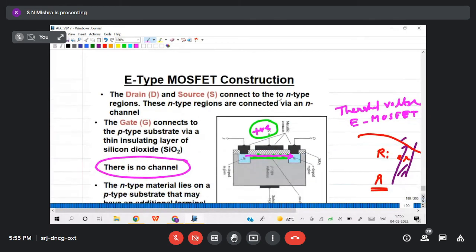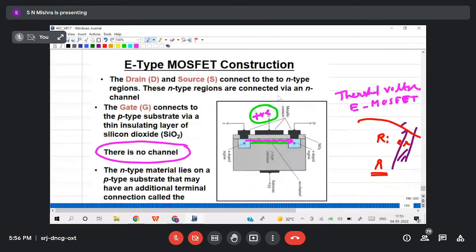How? When I connect VDS positive voltage, like this, you see here, this is my N-type material. So N-type is connected to positive and P is connected to less potential. So here the junction is reverse biased. Here also the junction is reverse biased. So current initially increases, then it will block the channel, penetrate into the channel, then saturate, pinch off voltage, then